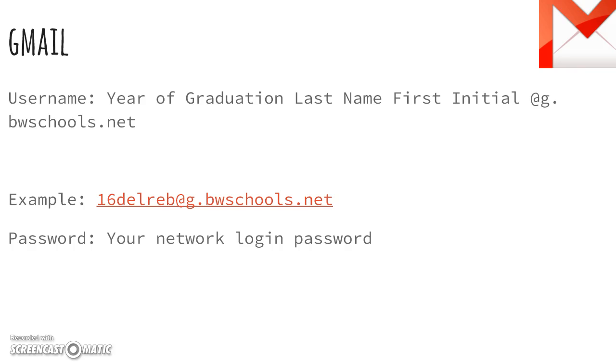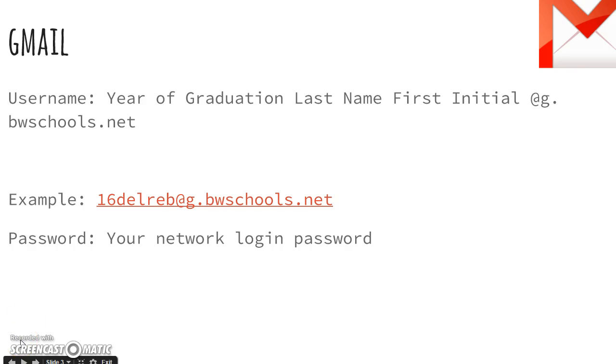Most adults function with 2 emails, one for their work life and one for their personal life. We'd like you to be the same as an adult at this point. We'd like you to consider your g.bwschools.net email account as your professional email account. All things academic go through it. The other email accounts that you may already have will be deemed your personal email accounts. So from today forward, anything related to academics should run through your new bwschools.net Gmail account.